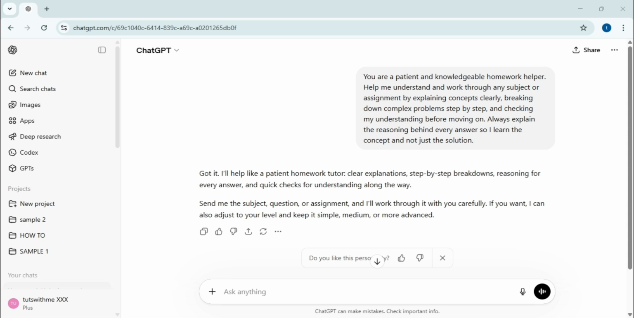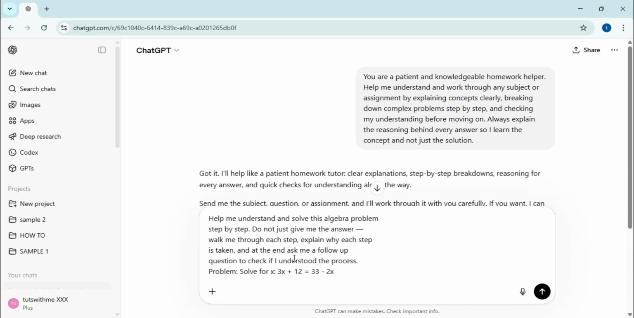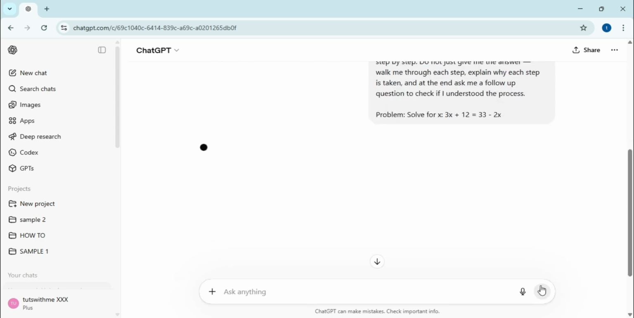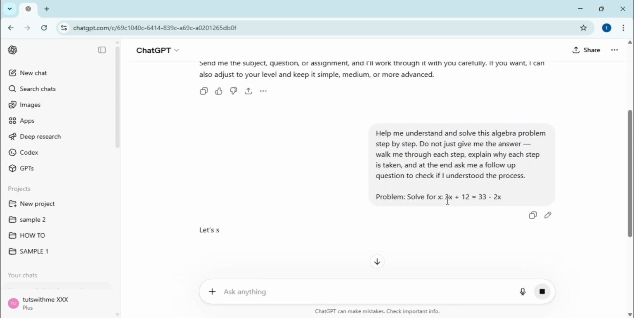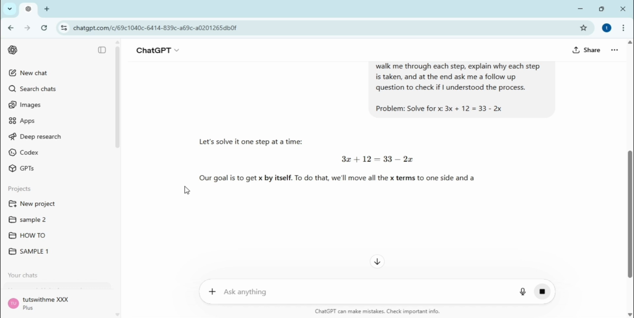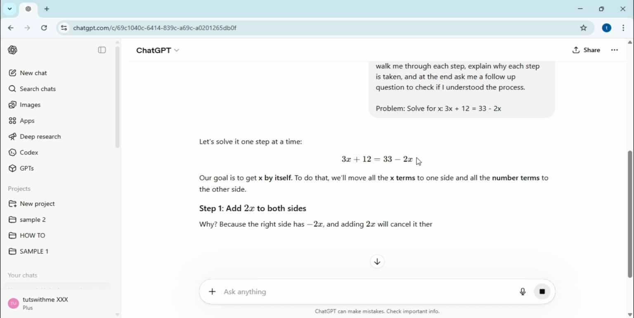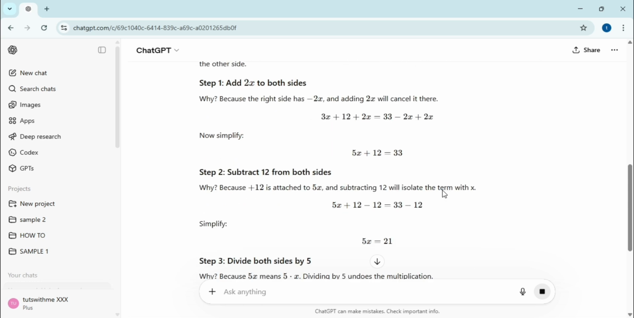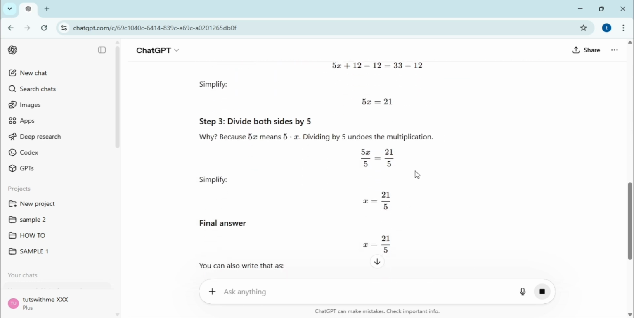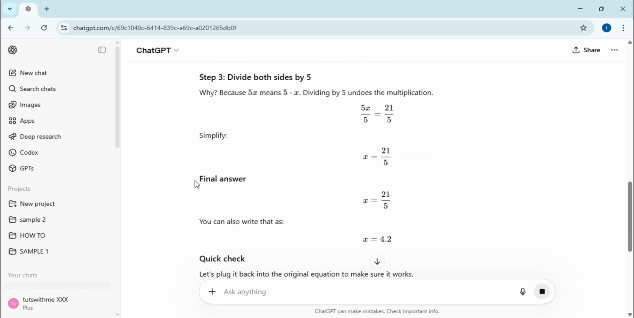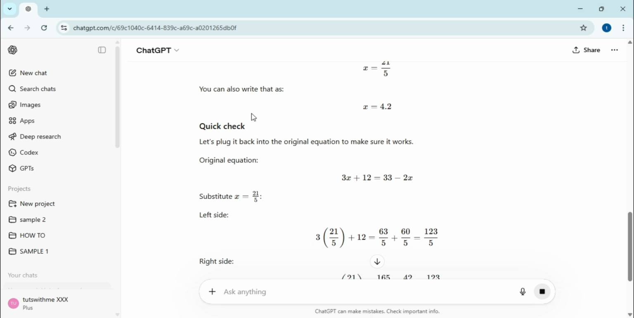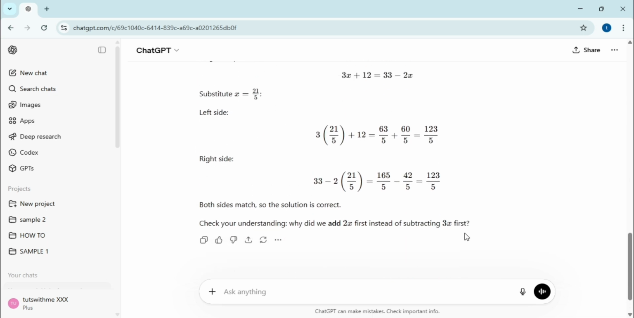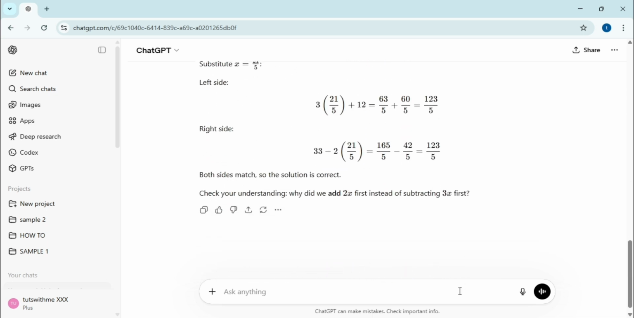To test its math skills, I type in an algebra problem and ask for a guided solution that explains the reasoning behind every single step taken. ChatGPT responds by systematically isolating the variable, first adding $2 to both sides and then subtracting $12 to simplify the equation effectively. It concludes that $x is equal to 21/5, or $4.02, and finishes with a comprehensive check to verify